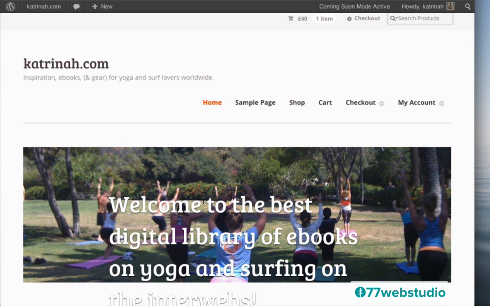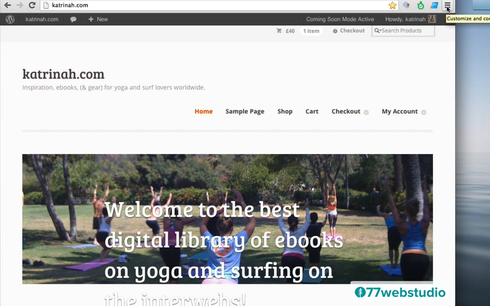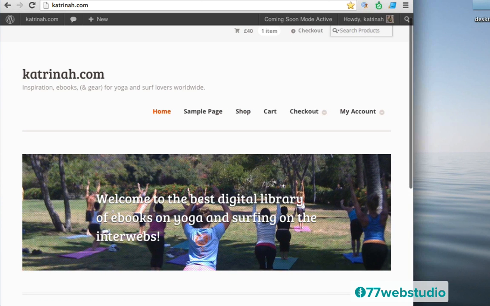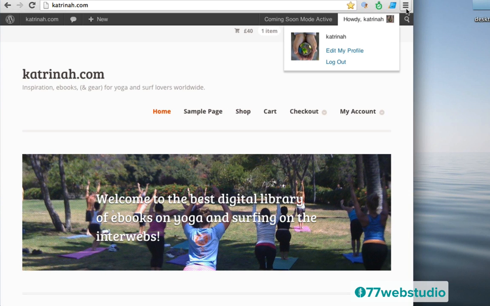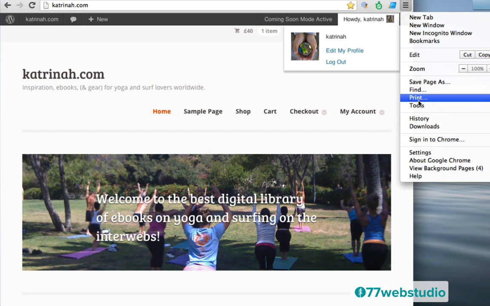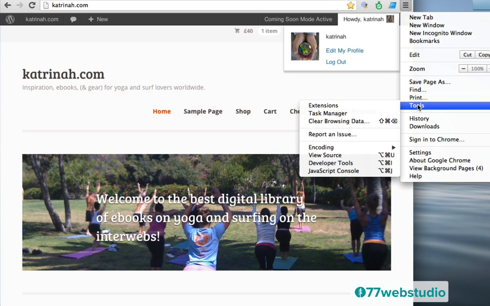So one way that I find the code for this is I use a tool in Google Chrome. I'm using a Google Chrome browser, and one tool I use, it's a developer tool called Inspect Elements. So for example, when you go up to the top in Google Chrome, there are these three different lines here. I'm going to move this over so you can see it just a little bit more. So there are these three lines, and when I click on these, then I get a drop-down box, and when I go to Tools and hover over Tools, I get another drop-down box, and here you see there's a link that says Developer Tools. So I am going to click on Developer Tools.